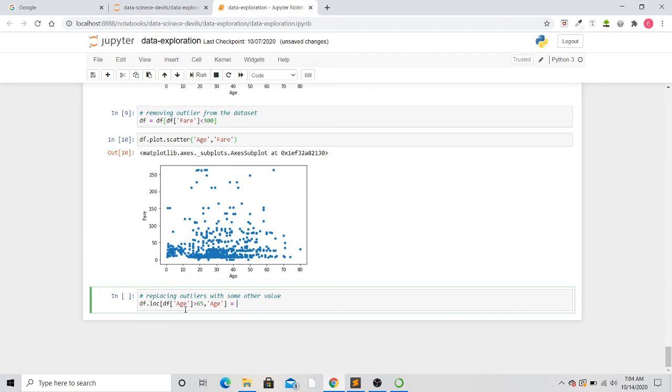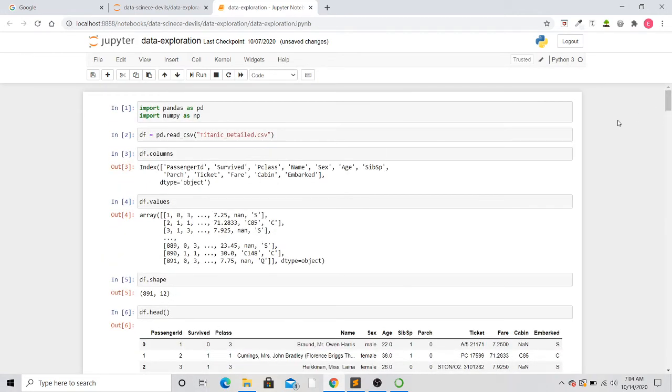Now how do we calculate the mean age? To calculate the mean age, your first step should be to import the NumPy library. I have imported the NumPy library in my starting video only of the data exploration playlist.